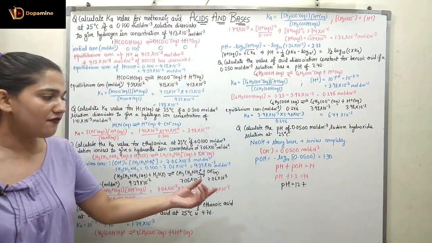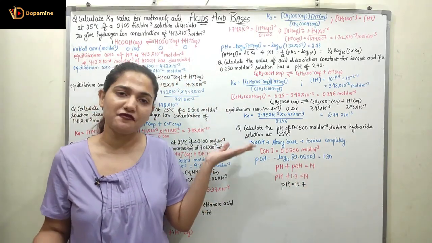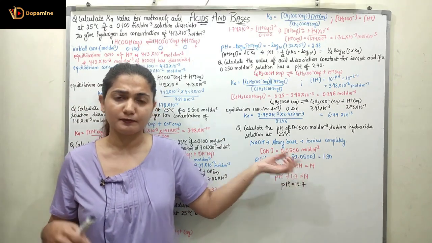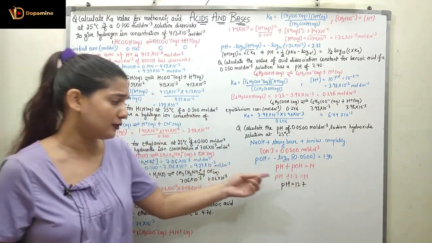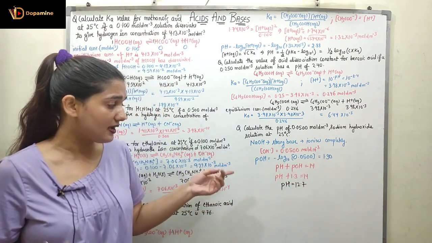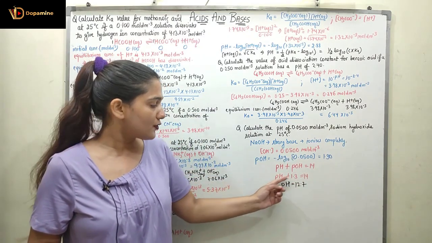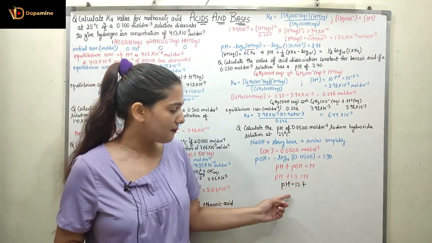to 1.3. So if I know pOH, I can find out pH by the formula pH plus pOH is equal to 14. I know this formula, I can put the value of pOH, which is 1.3. So pOH is 1.3, pH I need to know. So pH plus 1.3 is 14, pH will be equal to